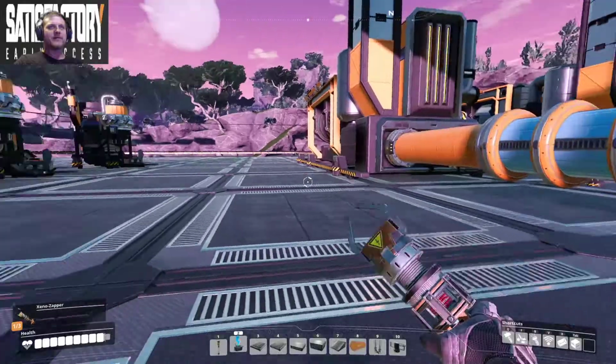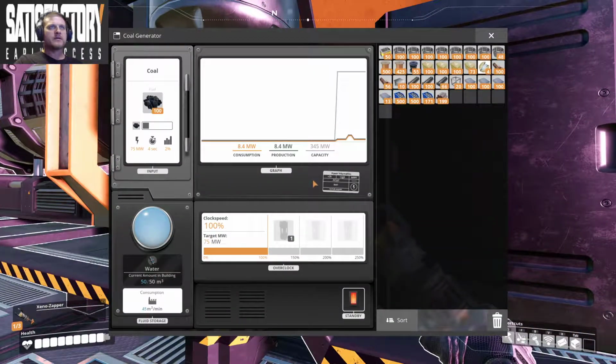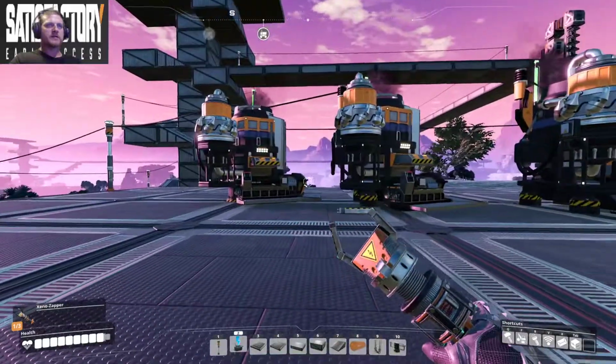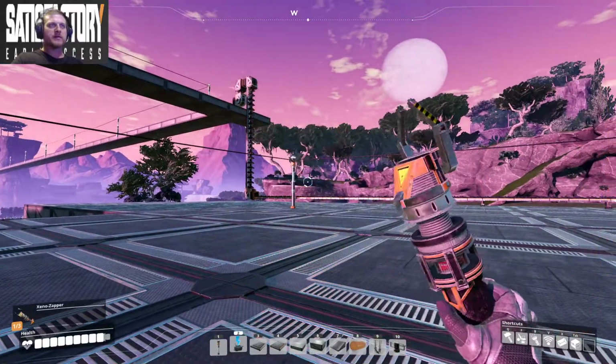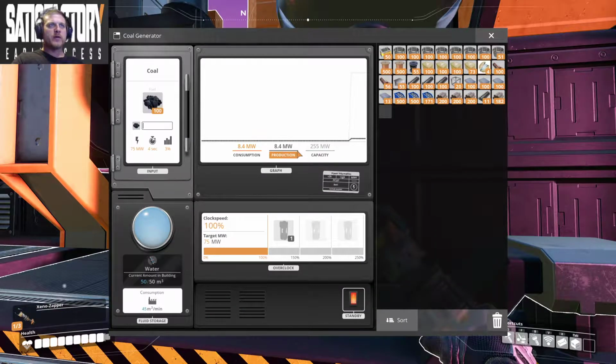Leaving it by itself ain't doing nothing. Of course, it ain't drawing electricity either. Still says I got 340 megawatts. I ain't drawing any power. Maybe that's the problem. Because at this point, I don't need these guys, I don't think. Let's take them off and see what happens. It should be drawing power